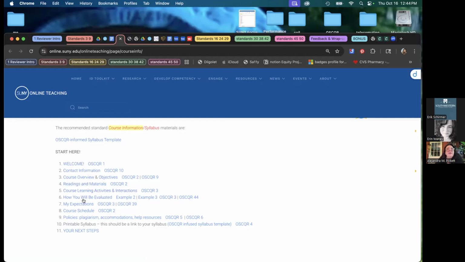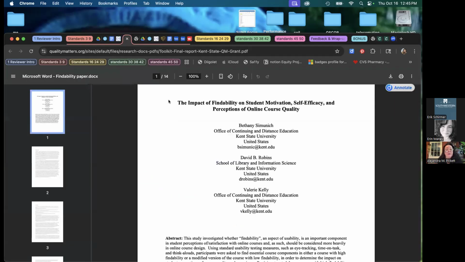So if that's the case, then you want to make sure that you have course information documents within the body of the course that speak directly to the online student. So a welcome and contact information, and that these things are clearly labeled in that front matter of the course, and that they are easy to find. So the link to the syllabus to download it or to view it is easily findable. The course information that spells out all of the things, how they'll be evaluated, the materials for the course, the schedule, all of those things are articulated and easy to find in that front matter of a course. And if you come to this page and click on any of these things, it's just examples of what that might look like. And also the OSCQR standard or standards that it's associated with,